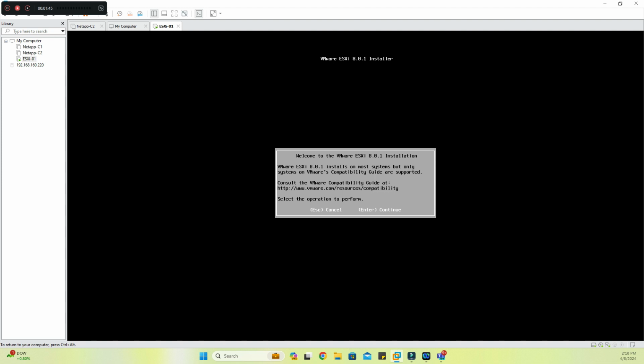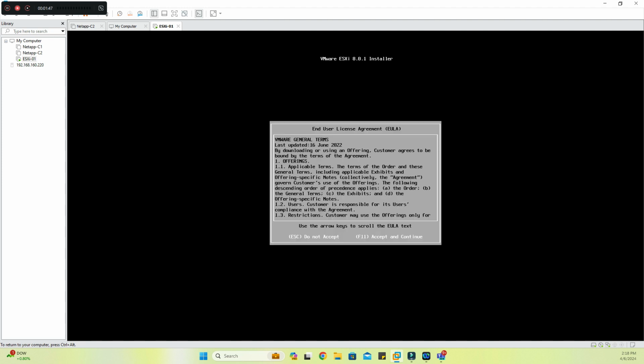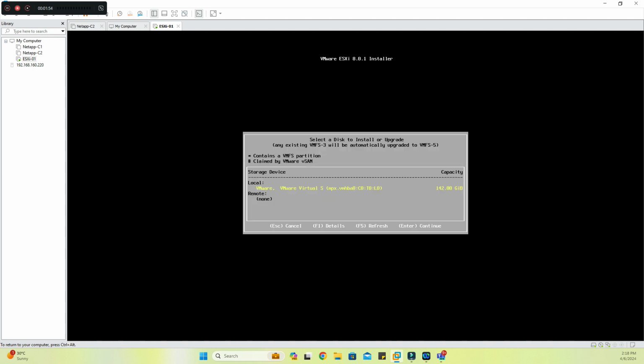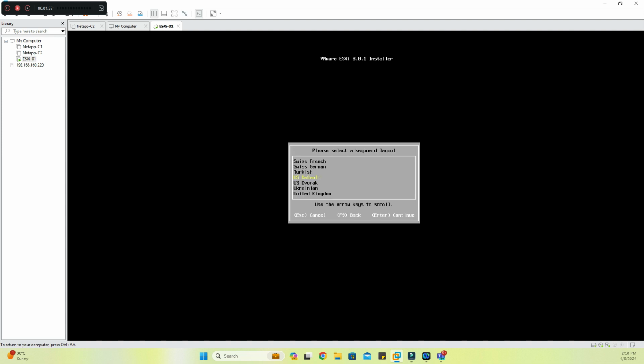It is asking me to continue. I just press Enter, then F11 to accept and continue. It is scanning for the available disks. I have only one disk, 127 GB, which is the default. I proceed with the default